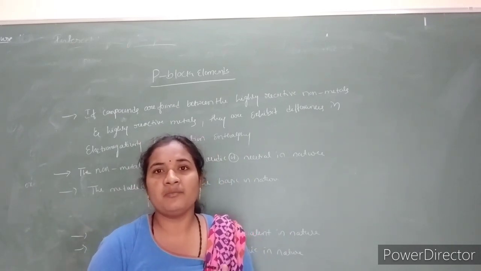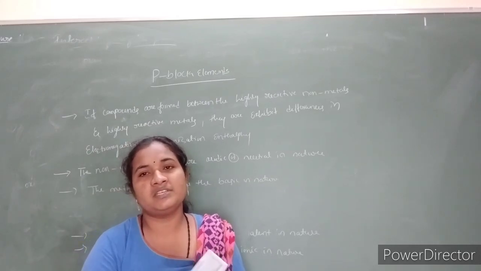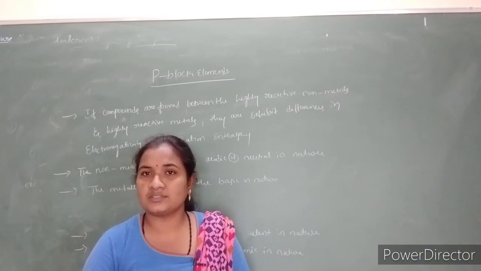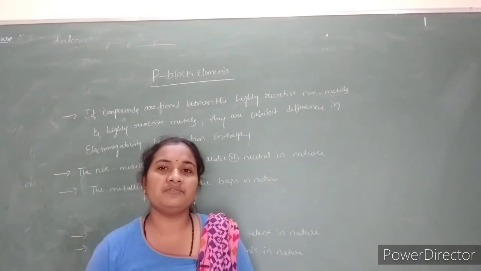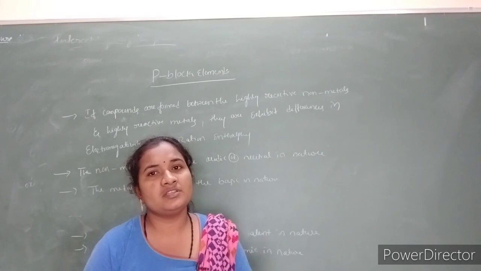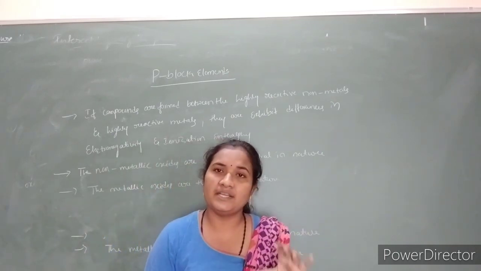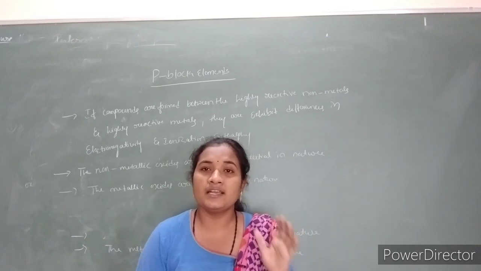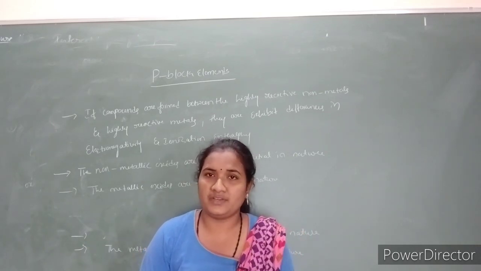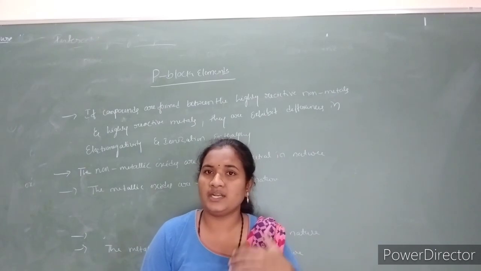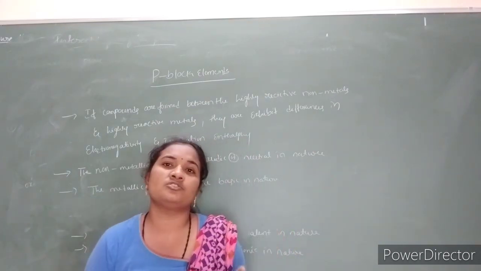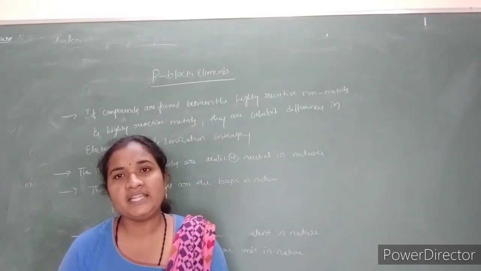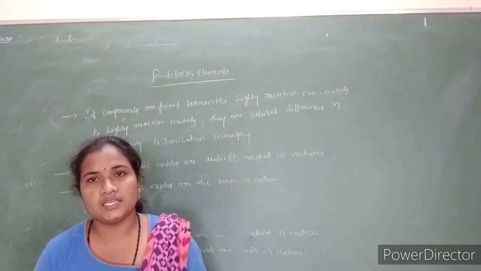So maximally it will make 4 covalent bonds whenever it combines with another element, but aluminium forms 6 covalent bonds, and again it should be different for the remaining group elements. So in this way, the properties will be different from one element to another due to changes in their inner core electronic configuration. As we move down the group, due to the addition of electrons, the configuration changes. So they show different properties compared to other groups.